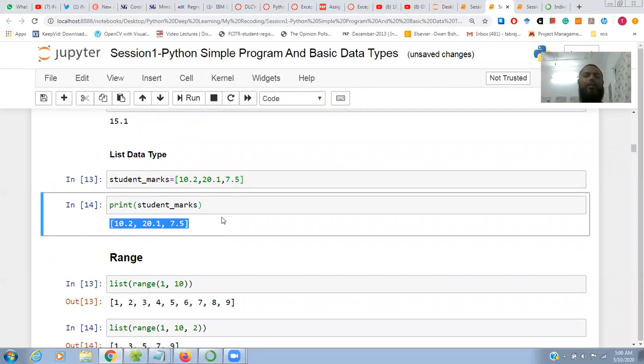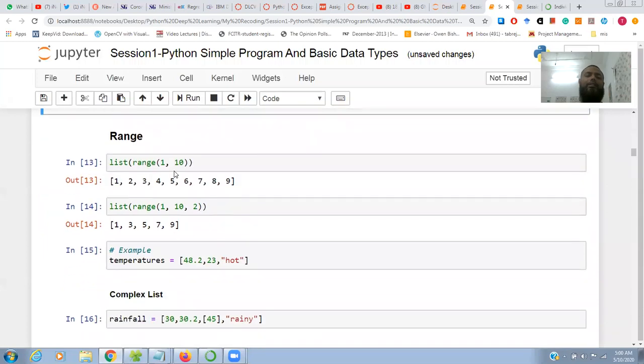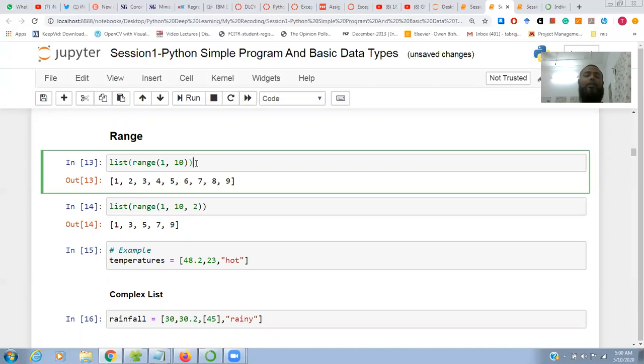Another function is called range. If you want to find the range from 1 to 10, if you type only range 1 to 10, you will not get all the values. It starts from 1 and ends with 9; the upper bound is excluded.